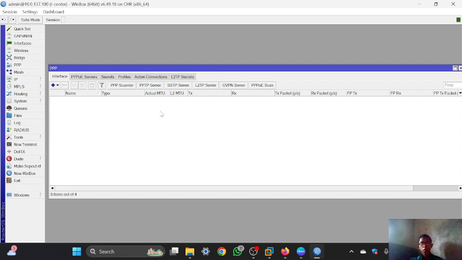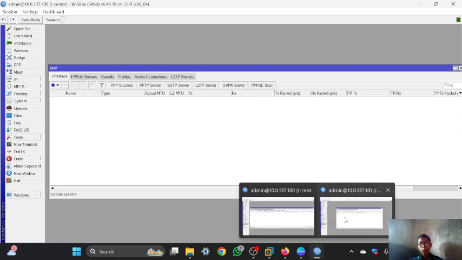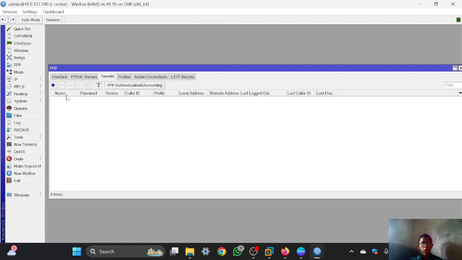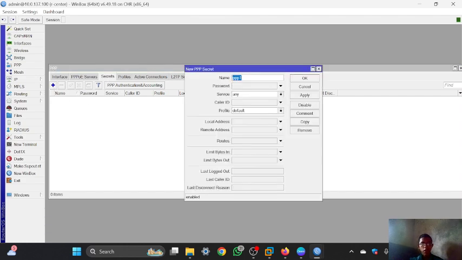And if you want to set the login, or if a PPTP client wants to connect to the router center, it must log in. You can go to secret, and then you can click add, and then for the name I will use PPTP, and for the service I am using PPTP because I want to configure the PPTP server.